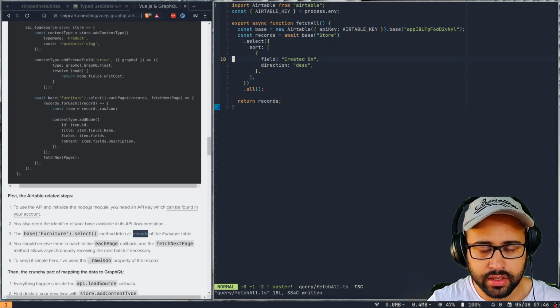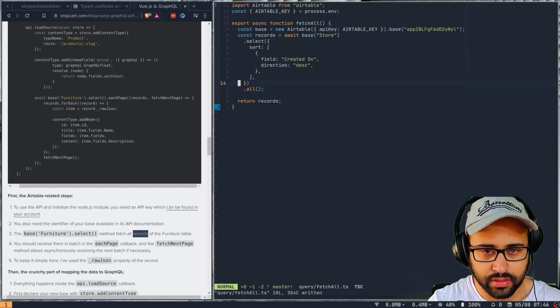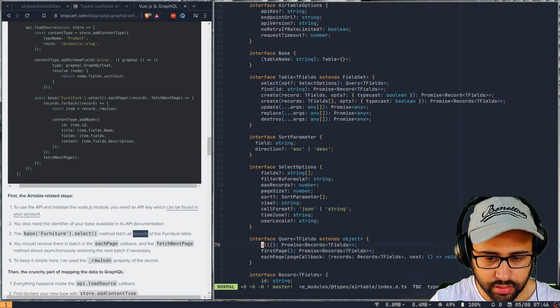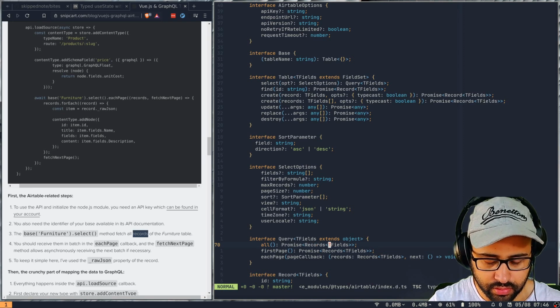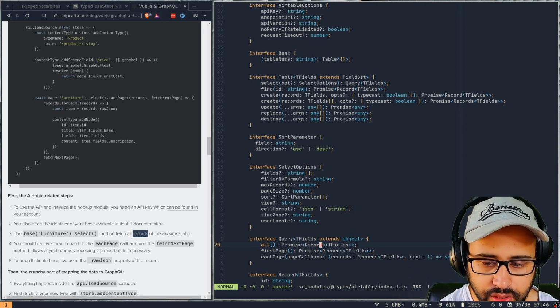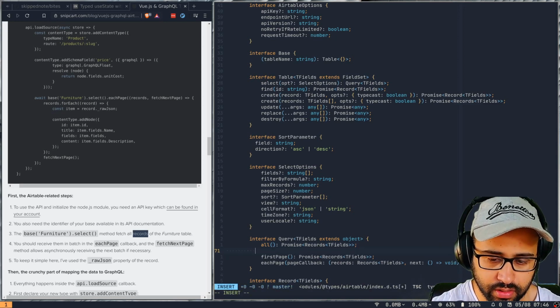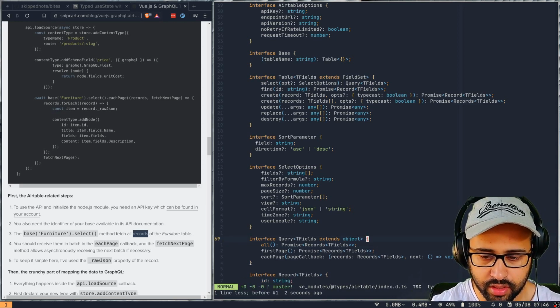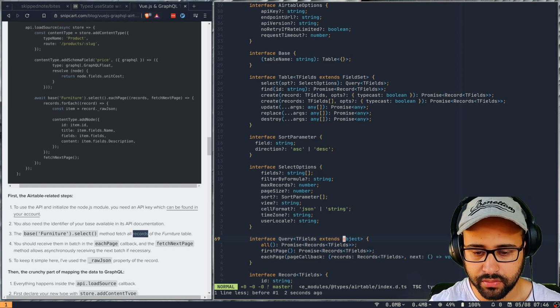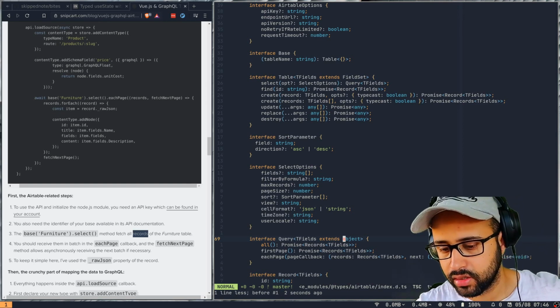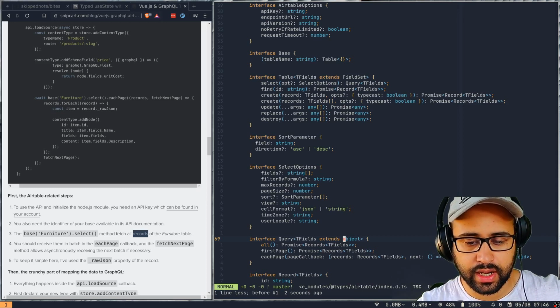Funny thing is that at least it should show me fields and all. It says it's a record of T fields, right? So T field extends an object. Oh, okay, yeah, this is the problem, right? It extends an object. It should extend something better. Seems like a shortcut that has been taken.